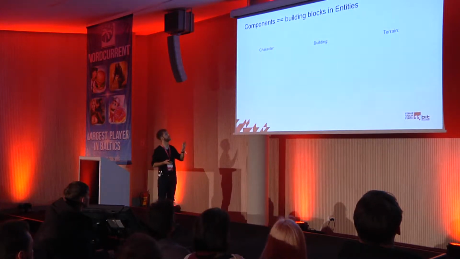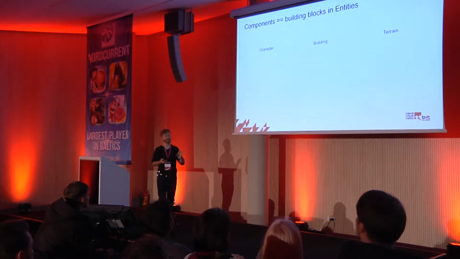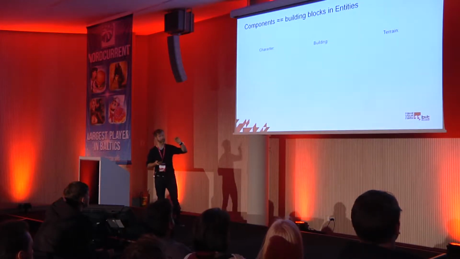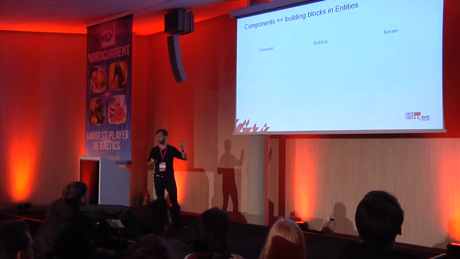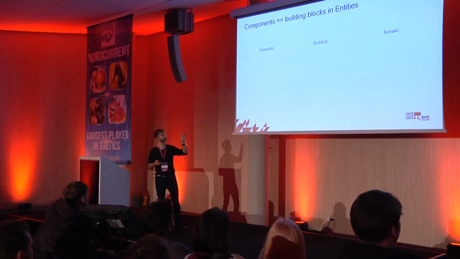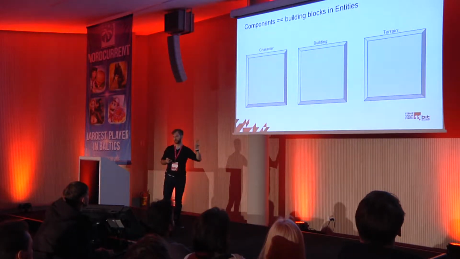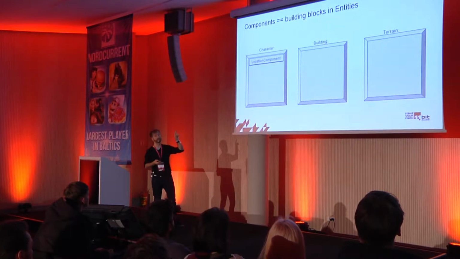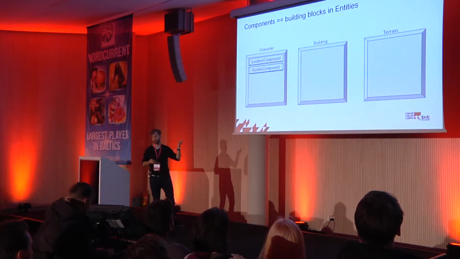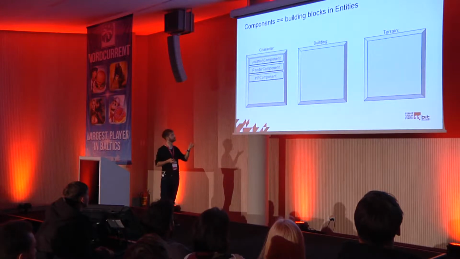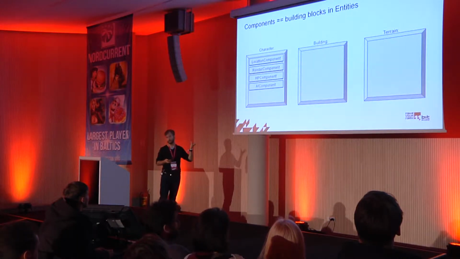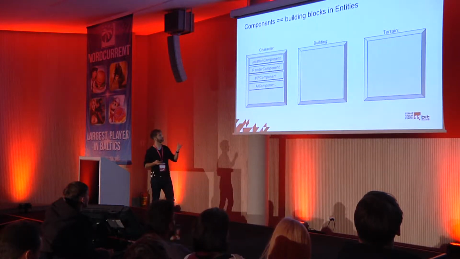If we imagine that we have to create three types of entities like character, like building, like terrain for our game, maybe some others, from now on we have to imagine those kinds of entities just like containers. And in these containers, we'll be giving components. So character, because it's placed somewhere in the world, it needs location. It needs rendering because we'll be displaying it. It needs hit points because it's destructible, AI for the AI support, of course.